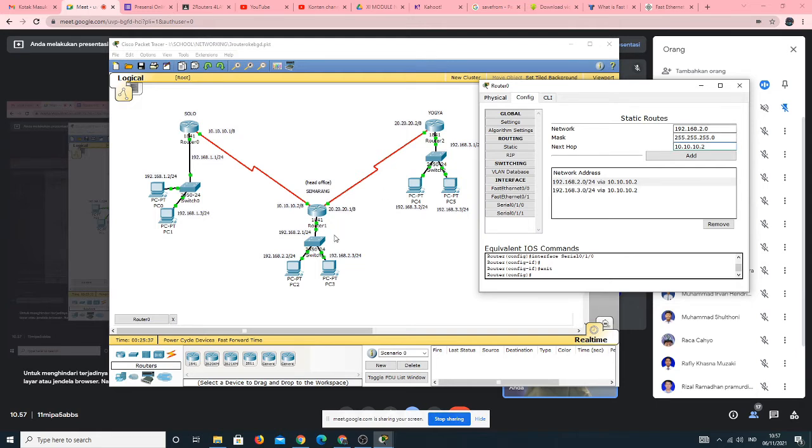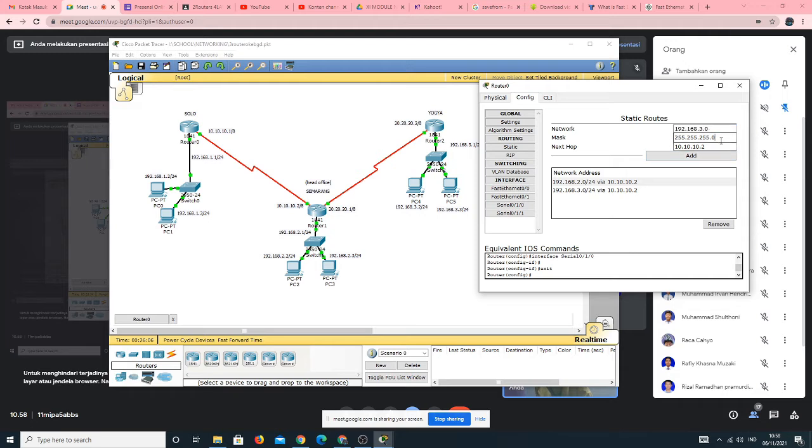configure the second IP route to make a route from Solo to Jogja. Because the packet data will travel through the Semarang, the network is using 3.0. This is the fast Ethernet IP of router Jogja.